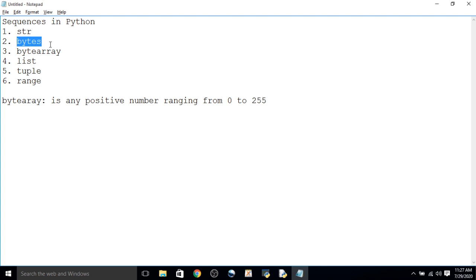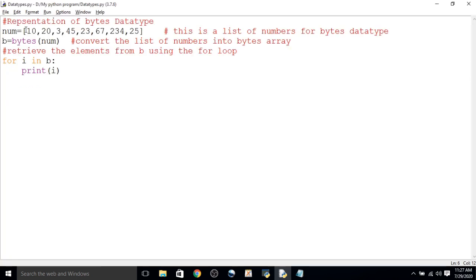Now what is the difference between a bytearray and a bytes type array? The difference is that the bytes type array cannot be modified. Means the value that we have taken here cannot be modified. Once we have taken a list of byte numbers and converted that, it cannot be modified.